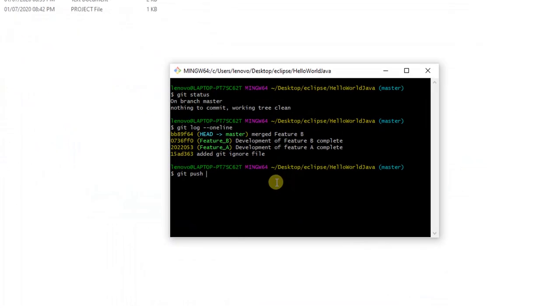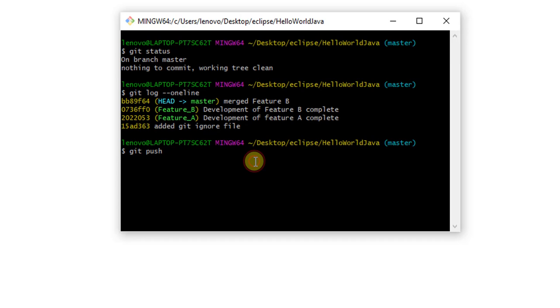Now, to paste this in Git Bash, we cannot use our conventional shortcut keys, that is Ctrl plus V. Here we have to use Shift plus Insert. Or of course, you can use the context menu you get by right clicking in the Git Bash window and then choose the paste option. This should be followed by the GitHub branch name to which we want to push these changes. For us, it would be the master branch. Now let us hit enter.